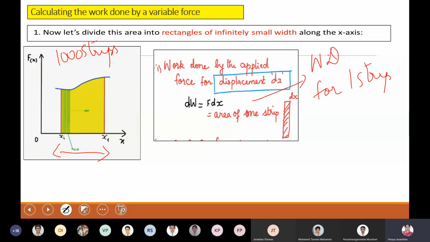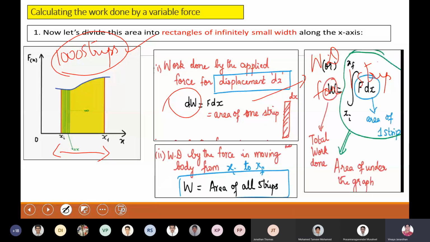Then what will be the total work done? Work done for one single strip is dw, into 1000, or else I have to add everything. What is the work done for 1000 such strips? You have to add all the work done. So instead of adding that, you will be introduced to what we call